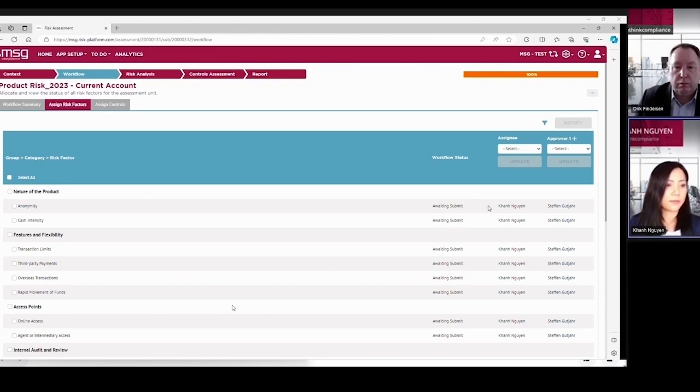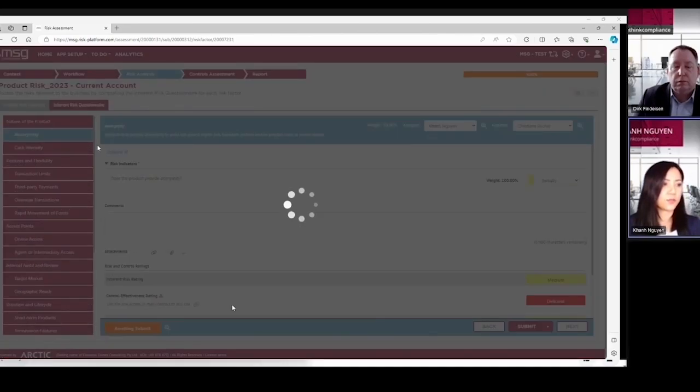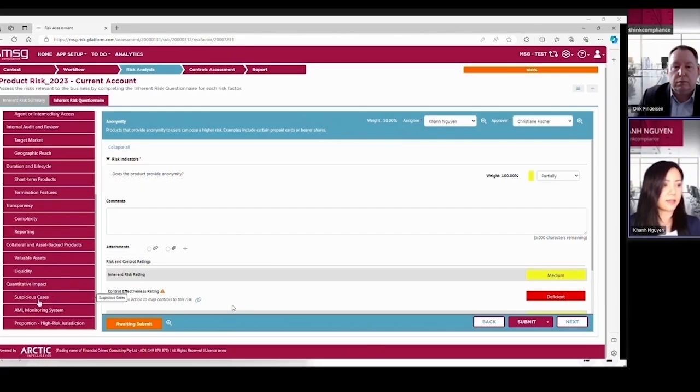Here, these are coming from the existing risk assessment. Now you can change it if you want this assessment of the current account to be done by someone else, and then go directly to the risk evaluation. So you see here on the left-hand side the structure, the risk model structure.